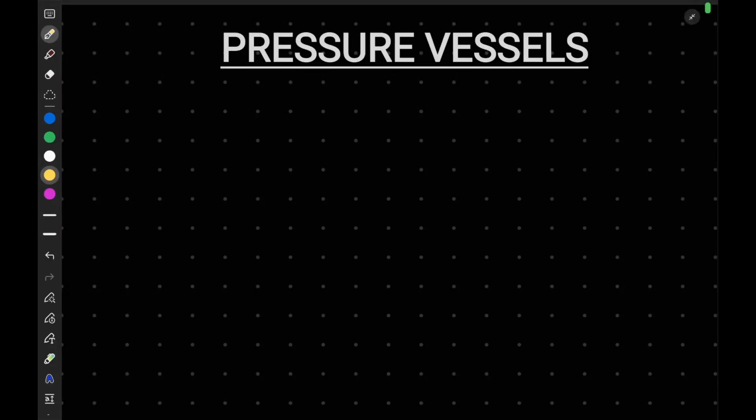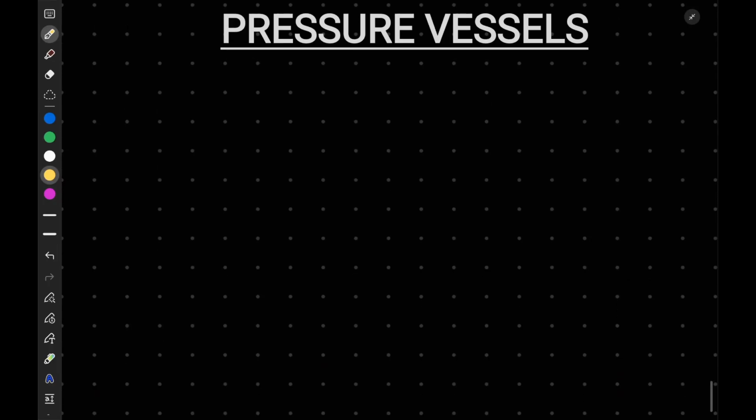Hello everyone. So in this lecture we will be studying our new chapter, that is pressure vessels. Now if I talk about the pressure vessel, a pressure vessel is defined as a closed cylinder or sphere. So it can be either a closed cylinder or a closed sphere or spherical,